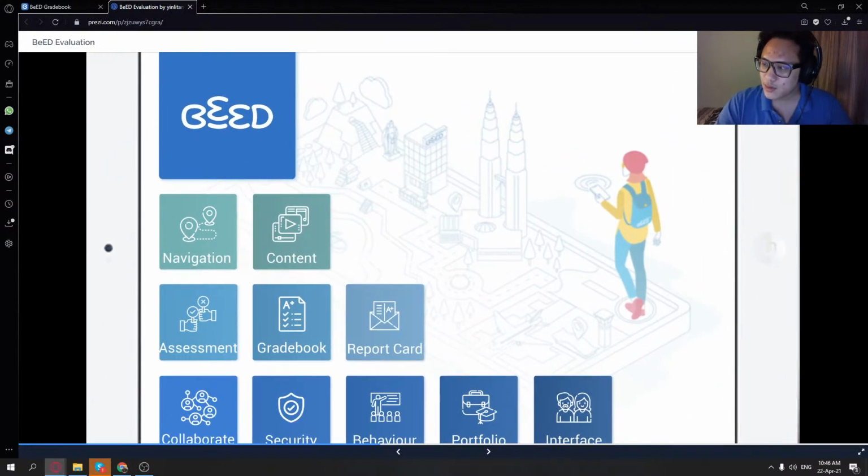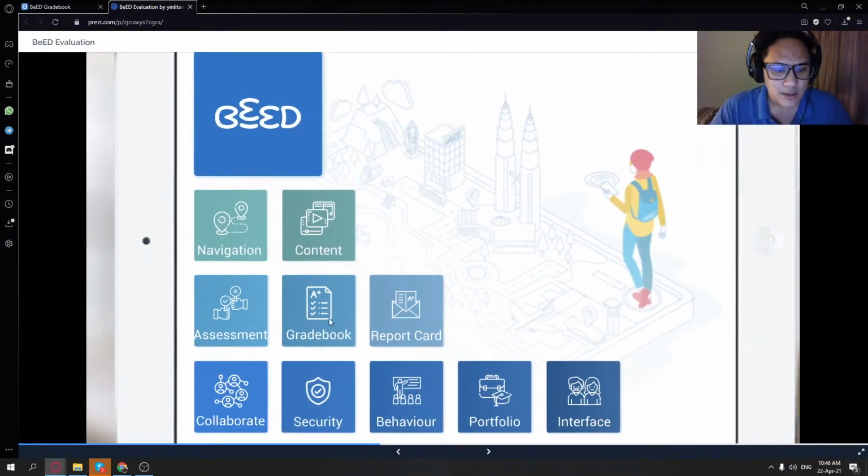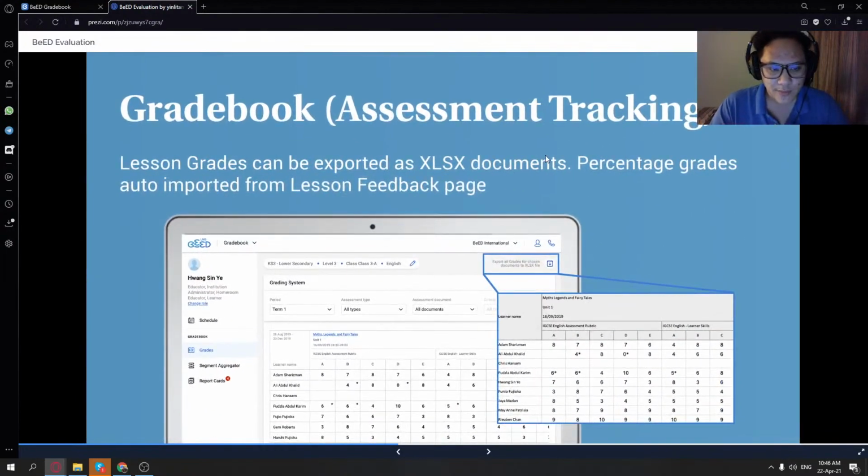Okay, so let me just get my screen up. For today, we'll be exploring how the BeED learning management system can help you bridge the gap between educators and learners in terms of communication, in terms of learning, and such. Furthermore, what I'd like to show you today is also how it can bridge the gap between educators as well. Let's get straight into it. First, what we'll be looking at in the BeED LMS for today is the curriculum builder as well as